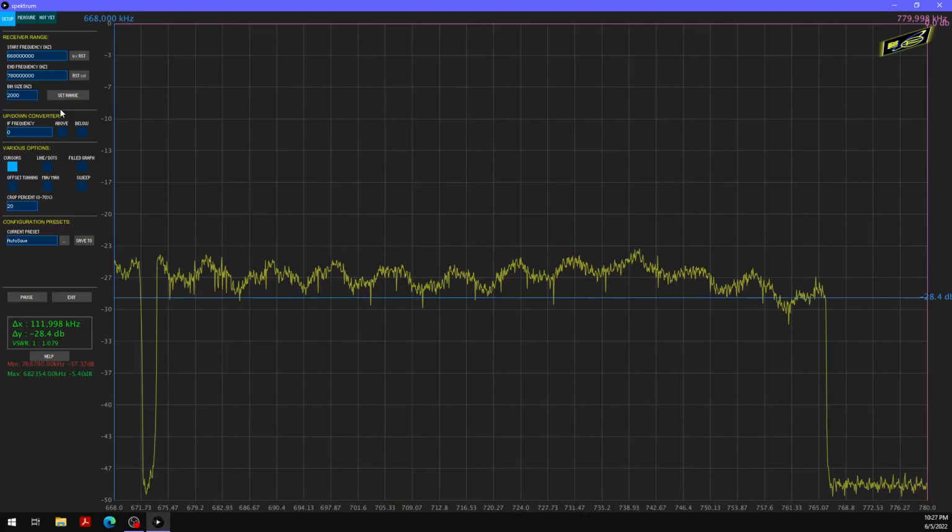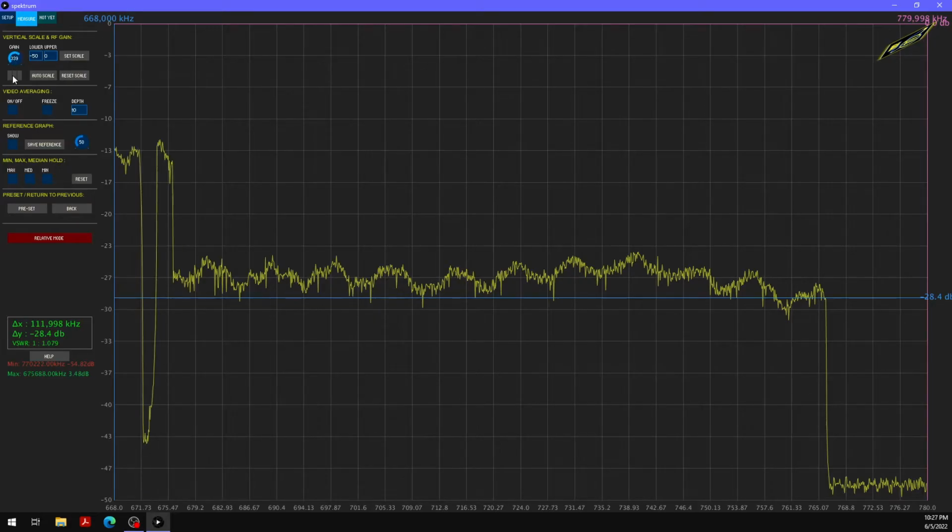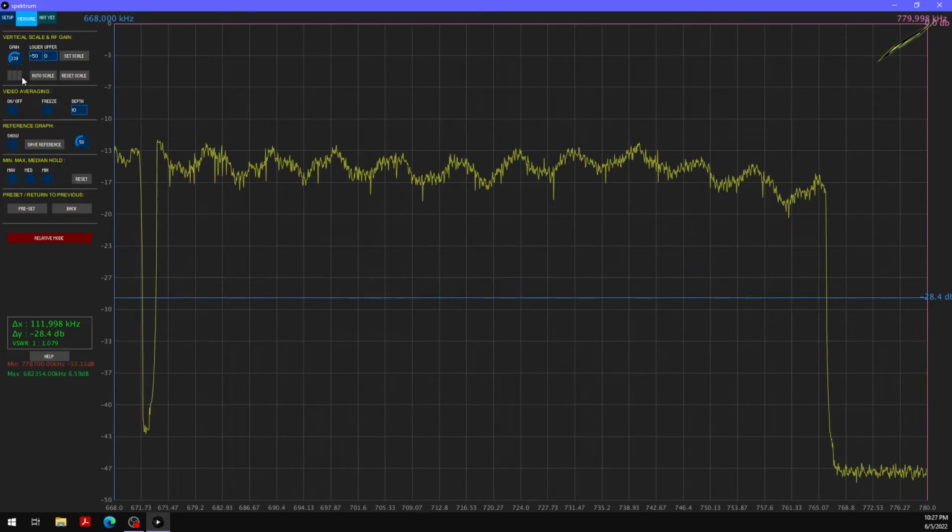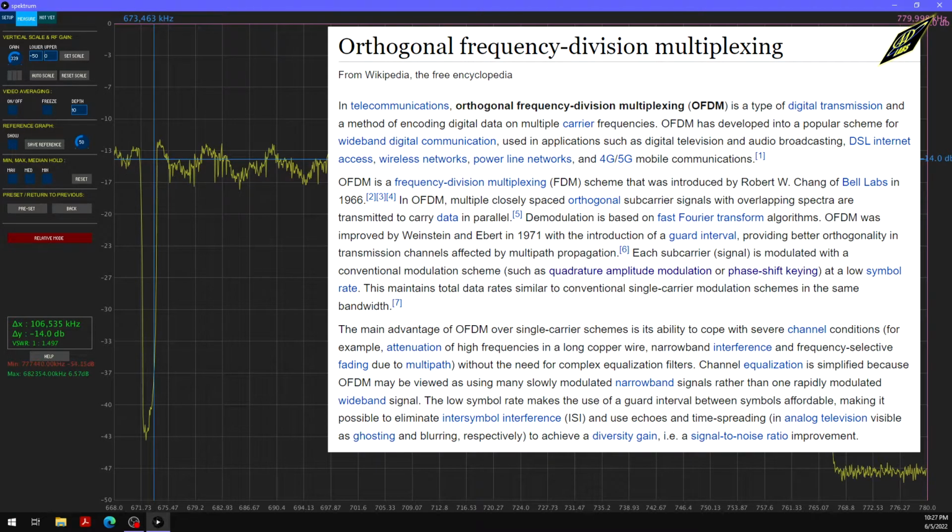And again, not a whole lot you can see with the RTL SDR, and I'll add a little bit more gain. What you can see is, instead of those 6 megahertz channels that were discrete, they had a little bit of spacing between each one. This is just one big contiguous channel. And you can read about orthogonal frequency division multiplexing. It is regarded as one of the most spectrally efficient technologies developed to date. And it has wide applications, including with Wi-Fi and cellular standards, both LTE and 5G, that's now rolling out.